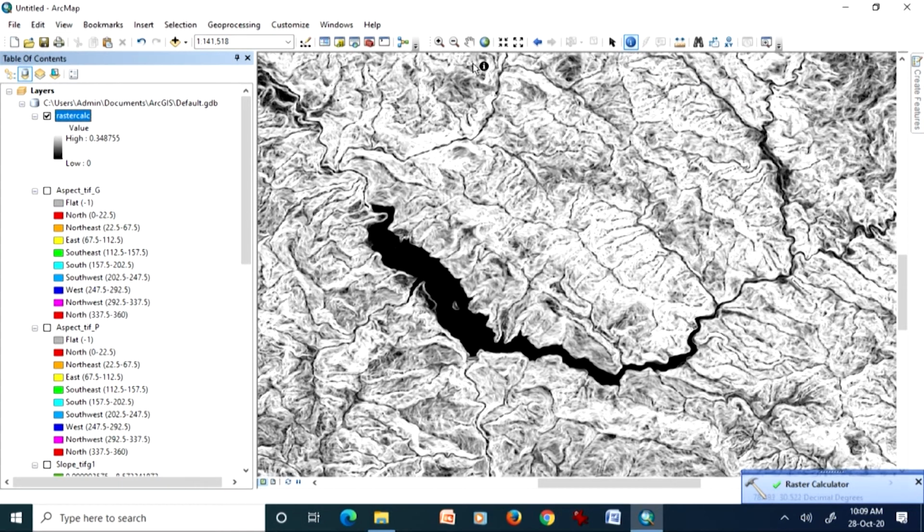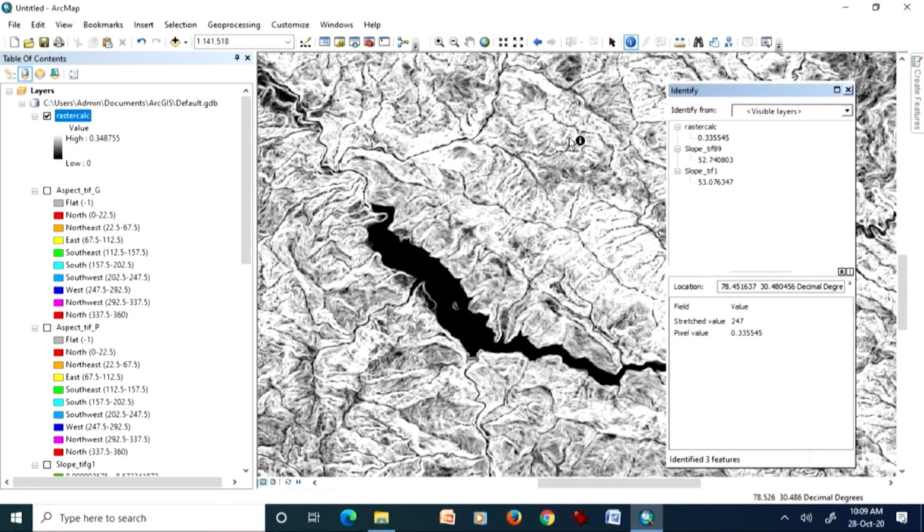We will inspect this difference map along with the two inputs which we used to create it. If I zoom on white parts, I should be getting a high difference. What we did was subtract the slope_TIFF1 file minus the slope_TIFF89 file. 89 stands for the correct jet factor instead of jet factor one. So the difference is, of course, positive, and this is what you are getting.